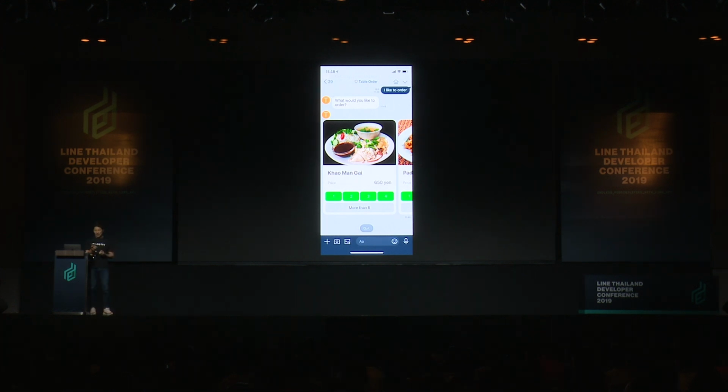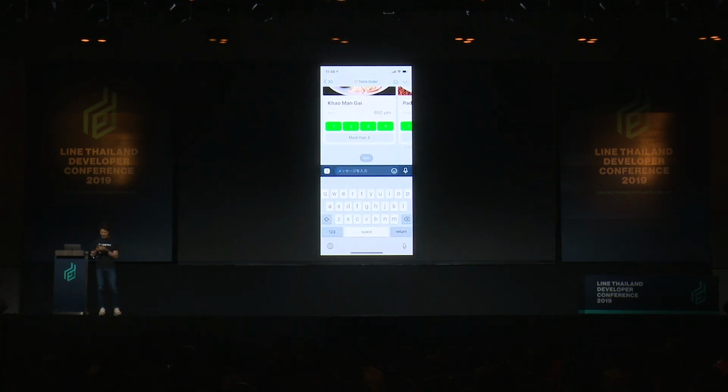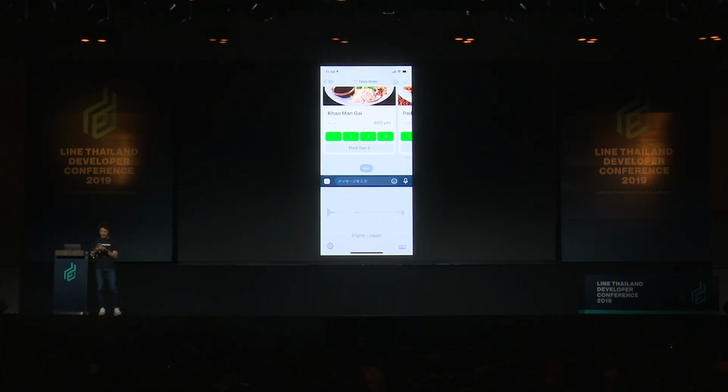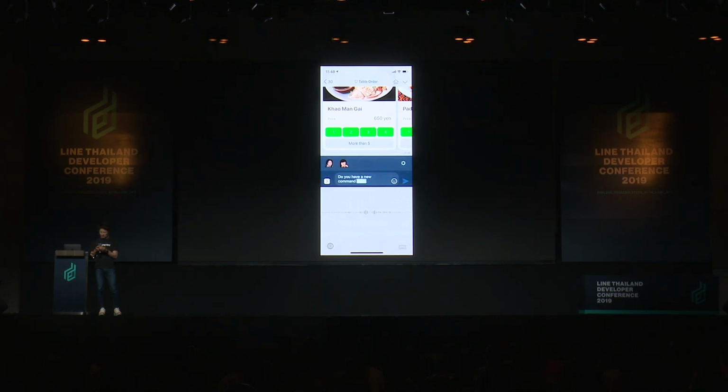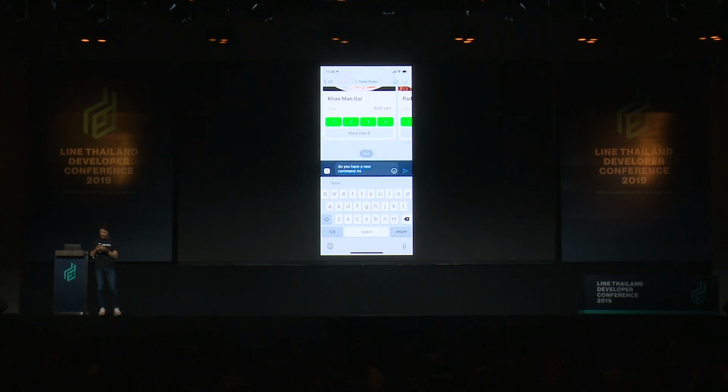So in this case, sometimes we need a recommendation from the waiter or waitress. So something like, do you have any recommendation? Completely different. Do you have any